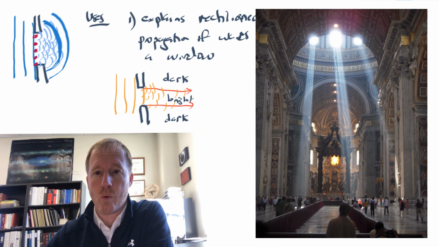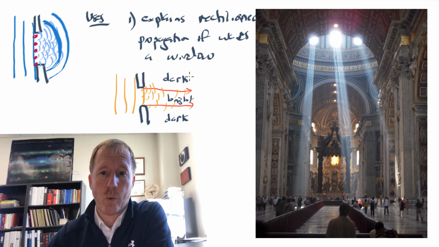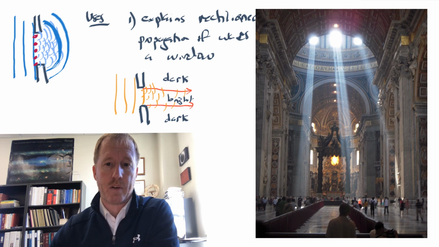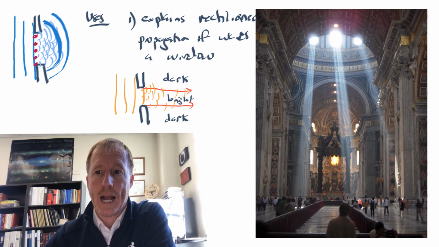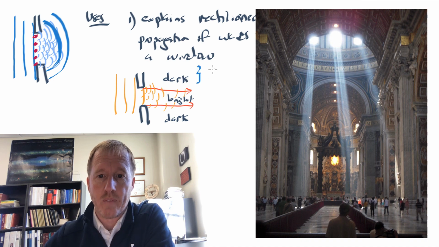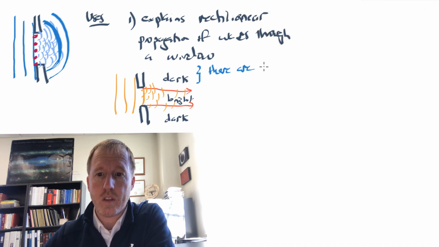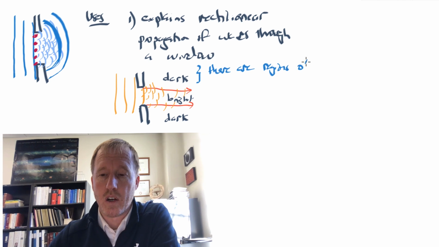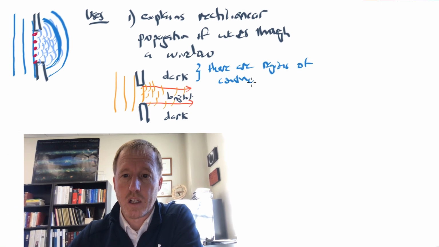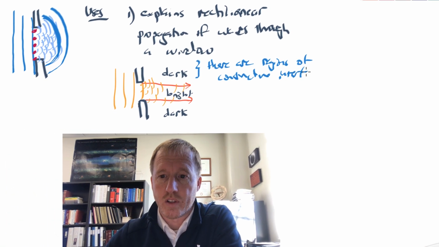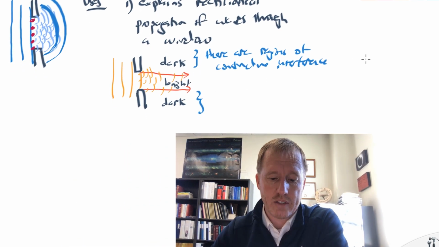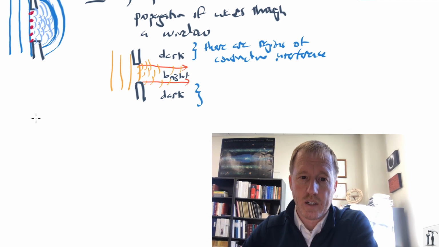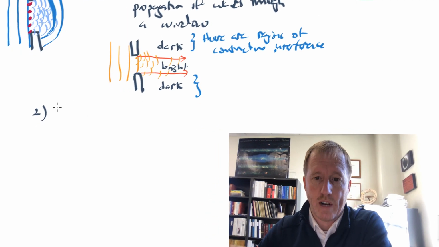Now, as I mentioned before, one of the things he did not anticipate, at least in this text, is that in this region where he said it's completely dark, by the way, this is in chapter 14, I'm just reviewing this, in this region where he says it's completely dark, there are actually regions of constructive interference that he did not anticipate. Okay, and that's the analysis that we talked about in number 2 when we talked about the diffraction